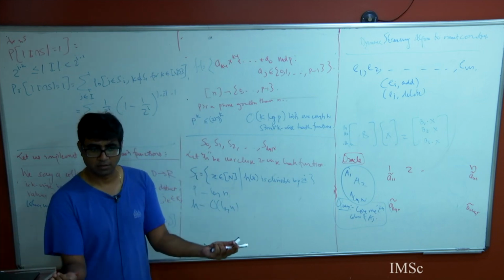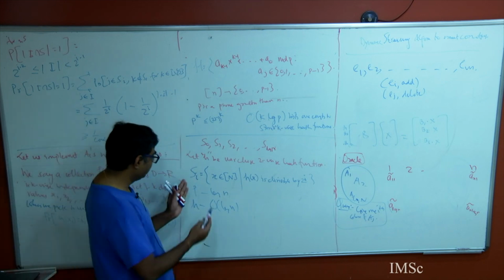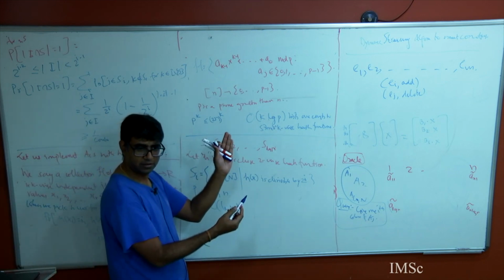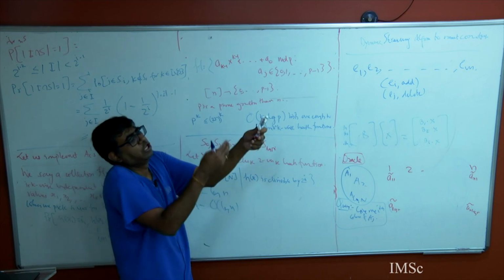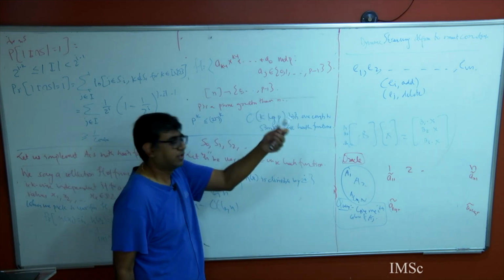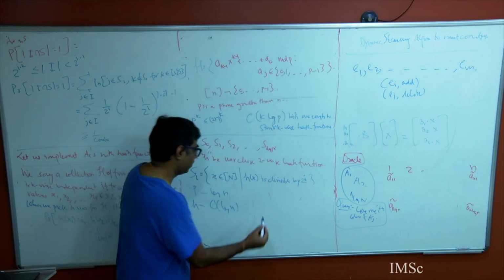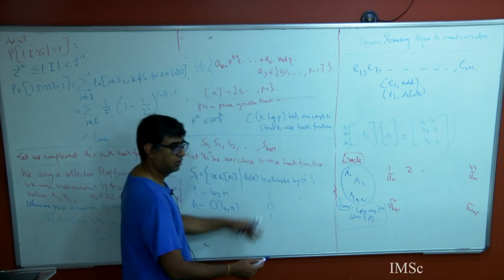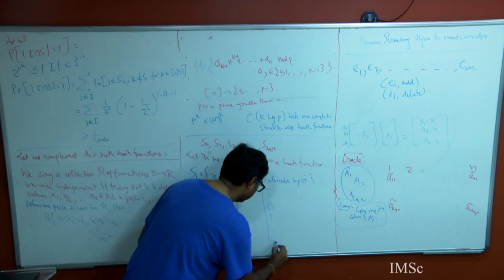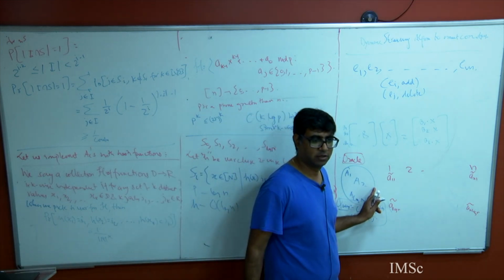You give me your index, ij. I evaluate hij and see, is it divisible by 2 to the power 0? Yes, then I put 1. Is it divisible by 2 to the power 1? If it is not, then I put 0. Is it divisible by 2 to the power 2? Yes, then 1. And this is the way I can get my vector. So if this is correct, I have taken care of my oracle, right?